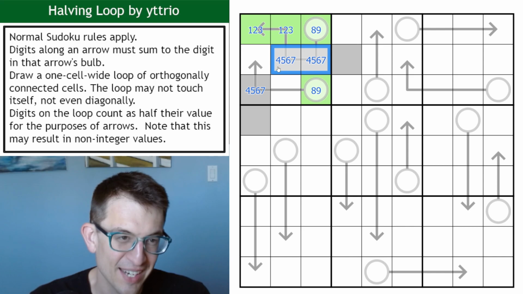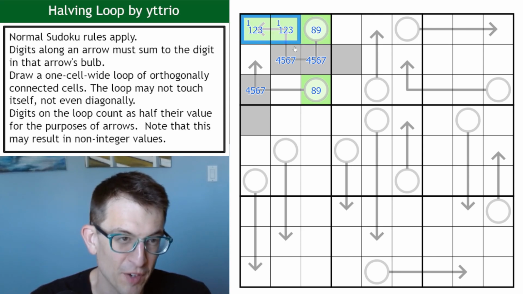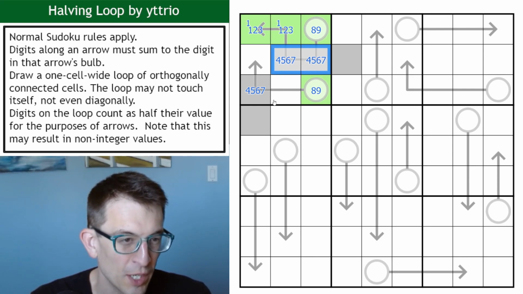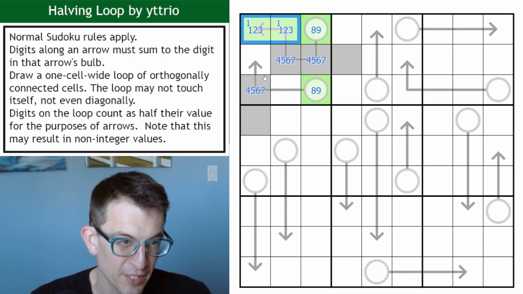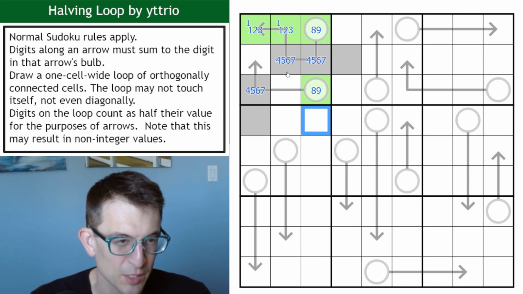If it's 10, that's 5, which means this could total 1, 2 or 1, 3. So there's definitely a 1 on here. It can't be 2, 3, that'd be 5. Even if this were 9, this could only sum to 8, which it's too big for. So the 1 is here. One of these is the 2 or 3 that's missing here, and the other one is this. I think that's the best we're going to get here